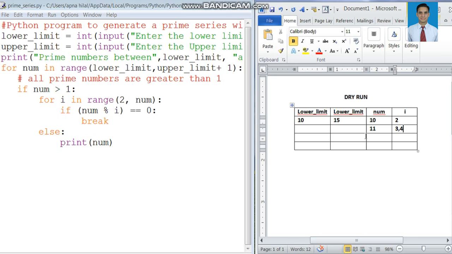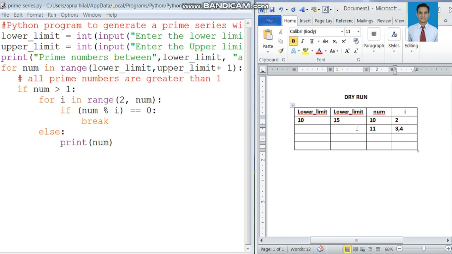Again the control will go to num, so the value of num will now be 12. Now again the for loop will get executed. If num is greater than 1, yes, 12 is greater than 1. For i in range 2 to 12, if 12 modulus 2 equals 0, yes, this is 0.